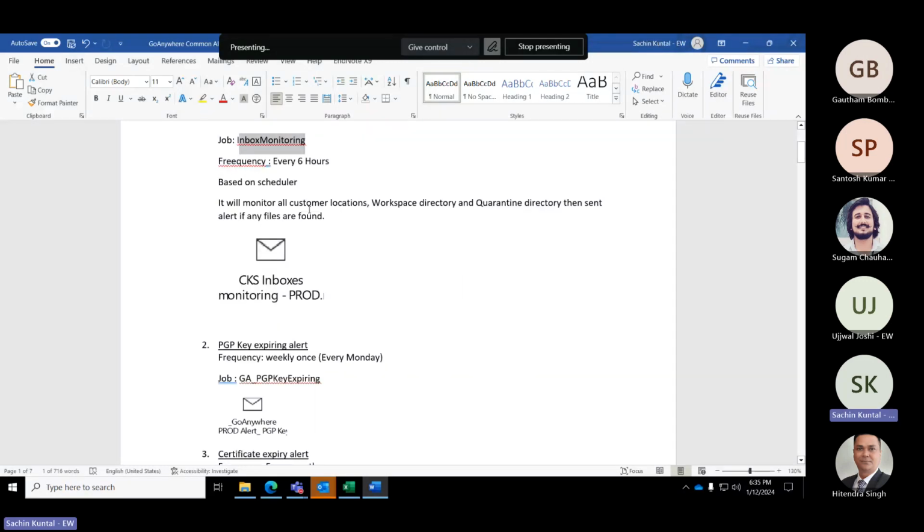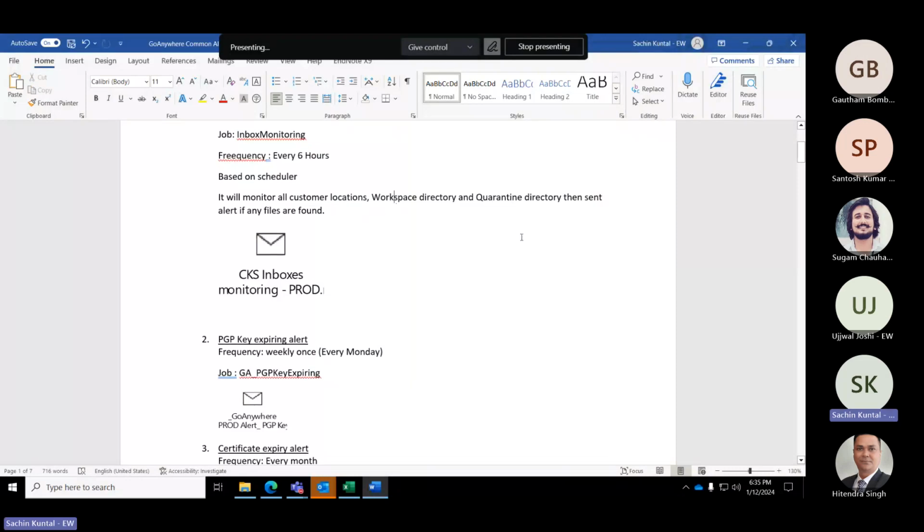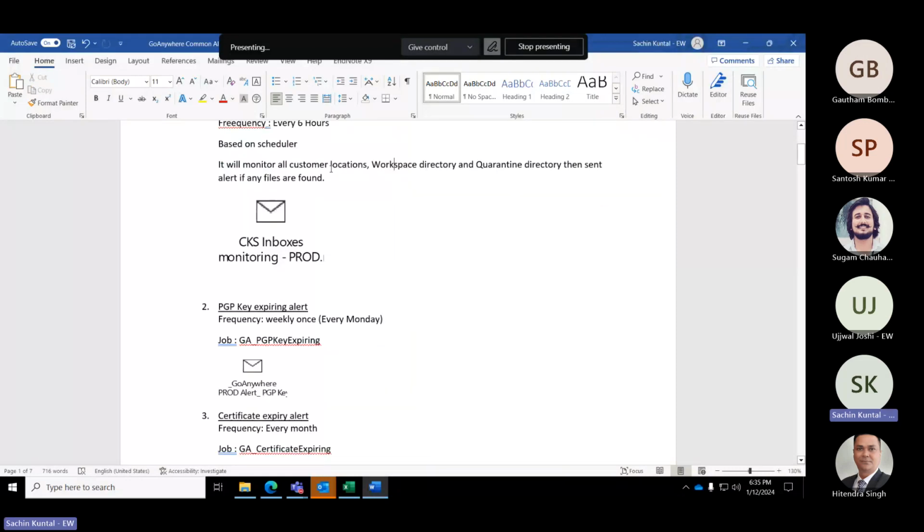Once we receive this, we check these locations. One is the customer folder, where all our project folders are created. The other is the workspace folder, and the third is the quarantine folder. Sometimes the file is stuck in the inbox folder itself, or the input directory, as we discussed in yesterday's session.